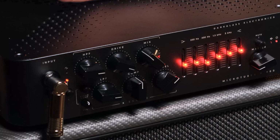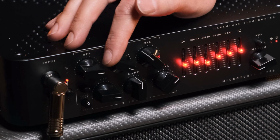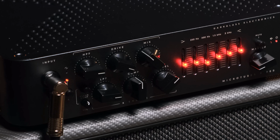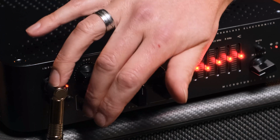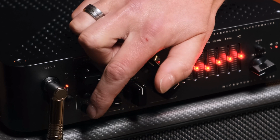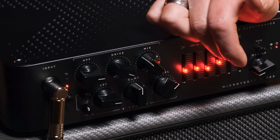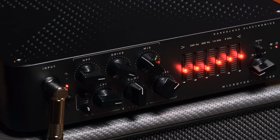Alright, so that track there, I was going for a much more aggressive, in-your-face, punchy kind of thrash sound. On the amp, I've got the X engine engaged, obviously, and tightened up the drive setting, but I've also increased the amount of drive that's happening in that top end, so it gets a little bit more aggression in it, I suppose. And then in the compression side of things, dialed back the amount of compression a bit, but tightened up the low-pass filter in there. And then I brought up some of the highs and the mids in that one to give it a nice